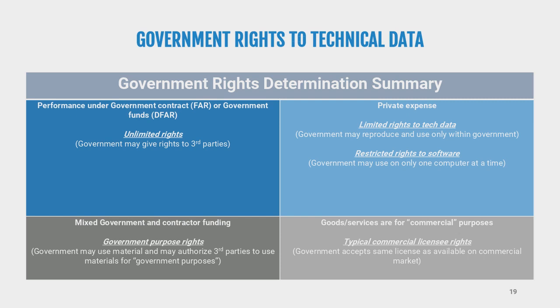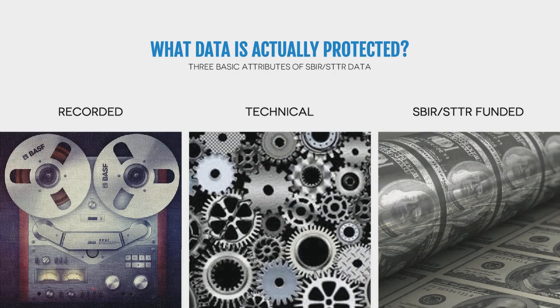Next slide. Now, within the SBIR and STTR context, there's actually a level of data rights that goes beyond just the normal FAR and DFAR rules, that's governed by the SBIR directive. And so if you're an SBIR or STTR firm, you're going to have SBIR or STTR data. And in order to have SBIR or STTR data, which has specific benefits because it's the extra protection that the government gives small companies and small businesses, there's three basic attributes of this data in order to be afforded that protection.